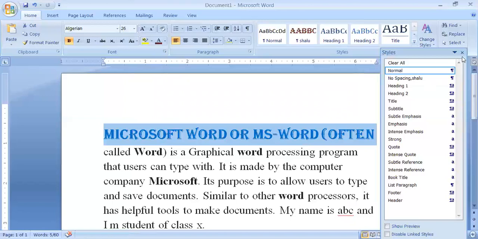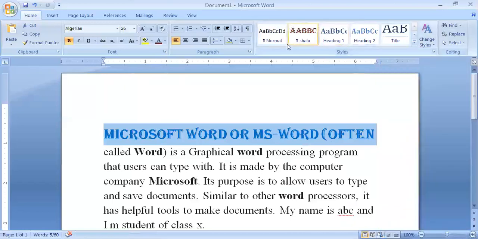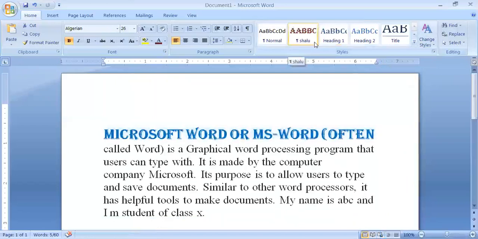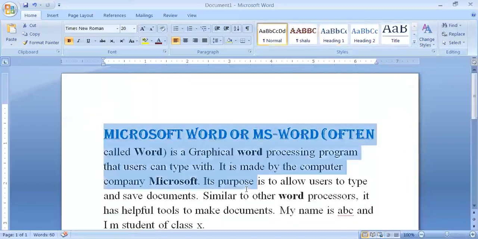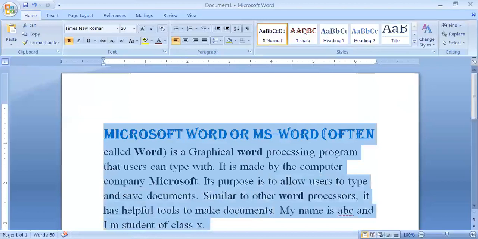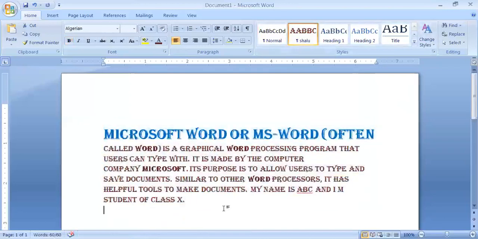Now you can see a new style appears with my name. I am selecting the whole document and then click on this, and the whole document will be converted in the following. So this will not convert it because this is manually changed. So it is clear here, the particular line which we manually changed will not be changed with the help of the style option. The rest of the document will appear as the style option is created.